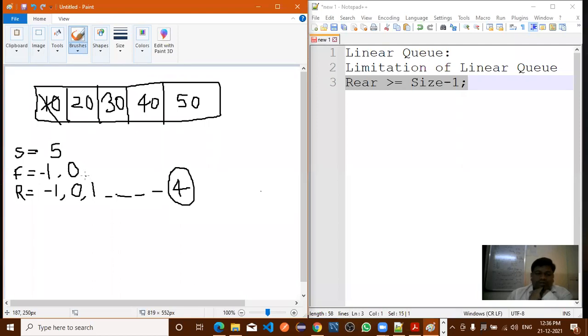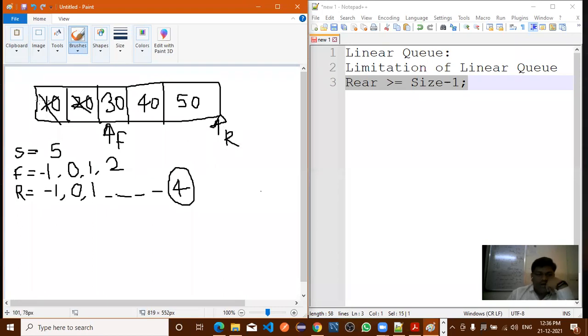Now what is the value of f here? 1. Here the value of the front pointer is incremented. Now I have deleted 20. What is the value of f here? 2. Now the f pointer is pointing here, and the rear pointer is at this location.